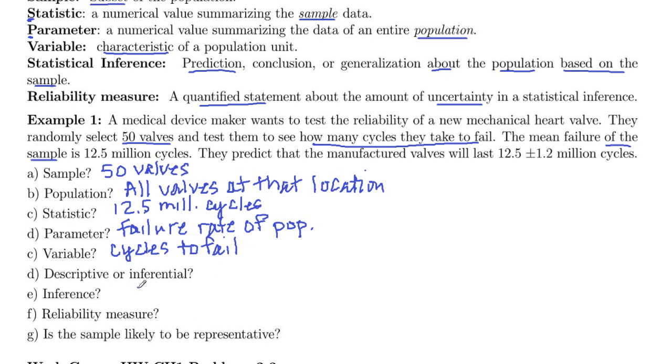Does this study involve descriptive or inferential statistics here? Well, keyword here, they predict that the manufactured valves will last this long. So predict, that's going to be inferential. What inference could they make? Well, here's the inference right here. So the prediction is that the population valves on average are going to last 12.5 plus or minus 1.2 million cycles. So the inference is that the population failure